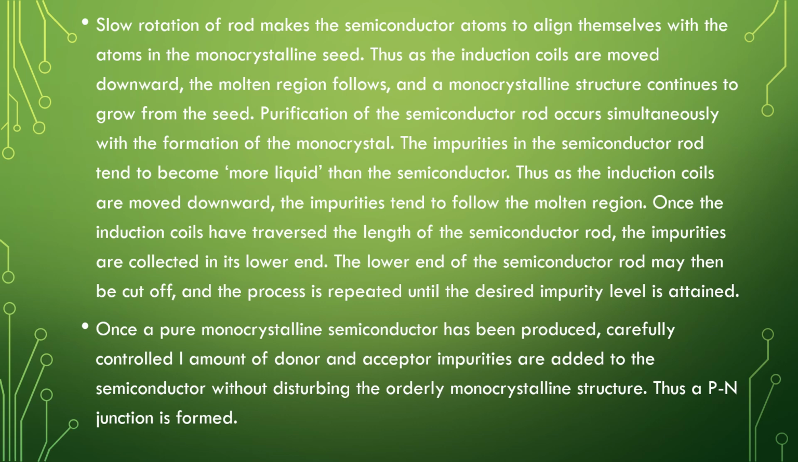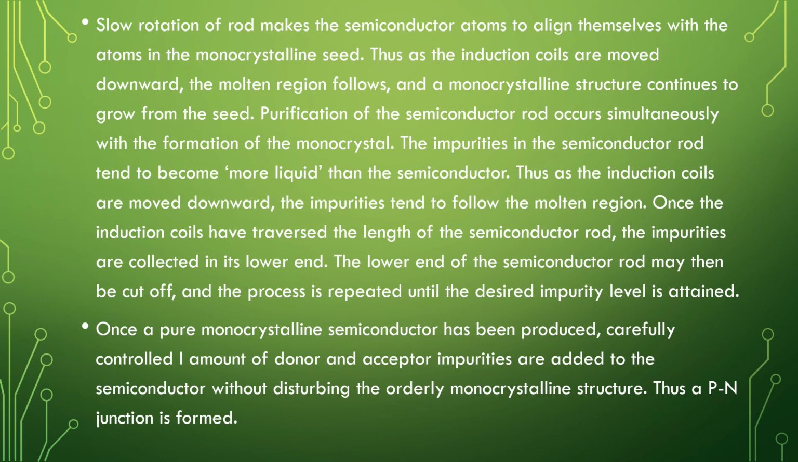Purification of the semiconductor rod occurs simultaneously with the formation of the monocrystal. The impurities in the semiconductor rod tend to be more soluble in the liquid than in the solid semiconductor. Thus, as the induction coils are moved downward, the impurities tend to follow the molten region. Once the induction coils have traversed the length of the semiconductor rod, the impurities are collected at its lower end. The lower end of the rod may then be cut off, and the process is repeated until the desired